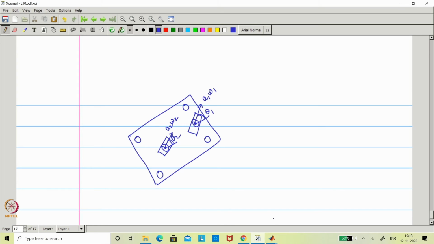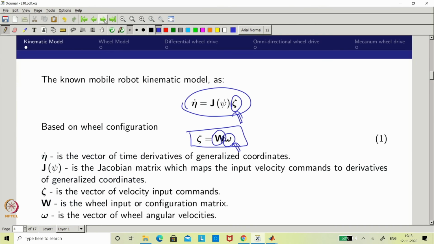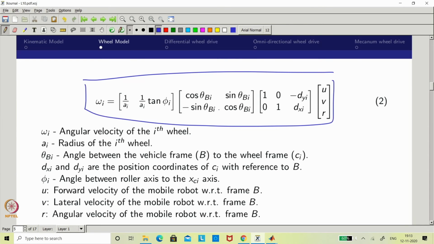If that is the case, this particular model I have shown may not be workable. You can recall the model we saw in the file. This model won't work. Why? There is no passive roller. Further, there is no need to find omega, because omega 1 would be the drive, but omega 2 would be the steering angular velocity. In that sense, this cannot work. Similarly, omega 3 is the drive and omega 4 is the steering. So this combination I cannot incorporate in the generalized wheel model.